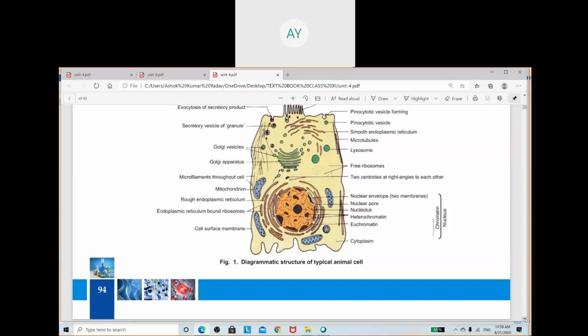Then the fourth difference: if you observe the size of the ribosome, up to class 11 you have to know. We will discuss the ribosome in detail. What is a ribosome? It is also a cell organelle, responsible for protein synthesis. It is smaller in size in the case of the animal cell. And you will find the ribosome also present in mitochondria